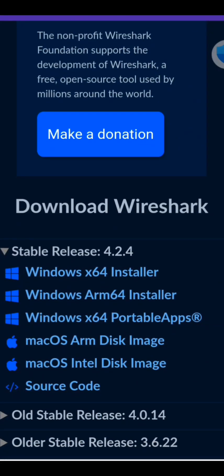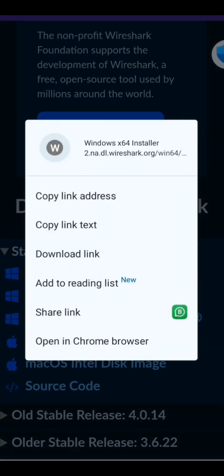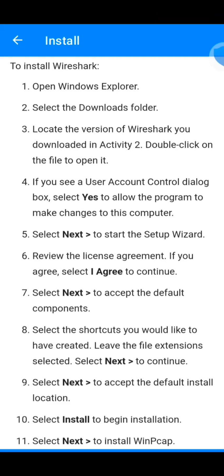Now, it's suggesting that we should download Wireshark. You will download it based on your installer or your operating system. I would prefer this because that is what I'm using. For the installation, we open the Windows Explorer. Then we select the folder, as the case may be, our downloads folder. Then we locate the version of Wireshark downloaded and double click on the file to